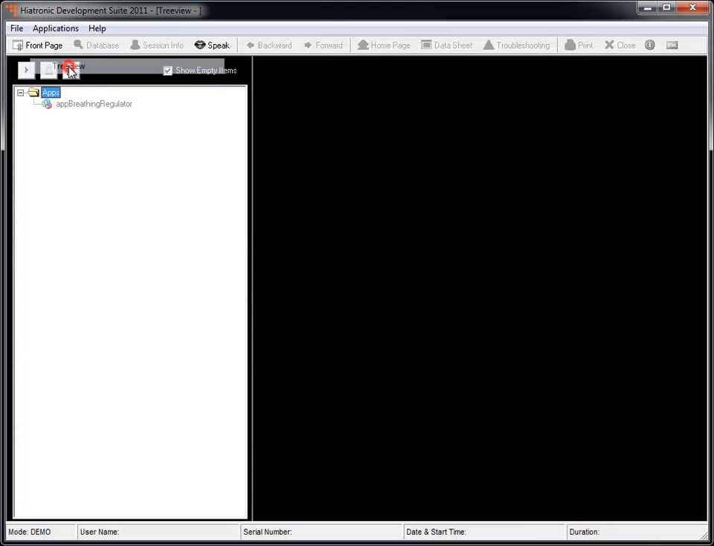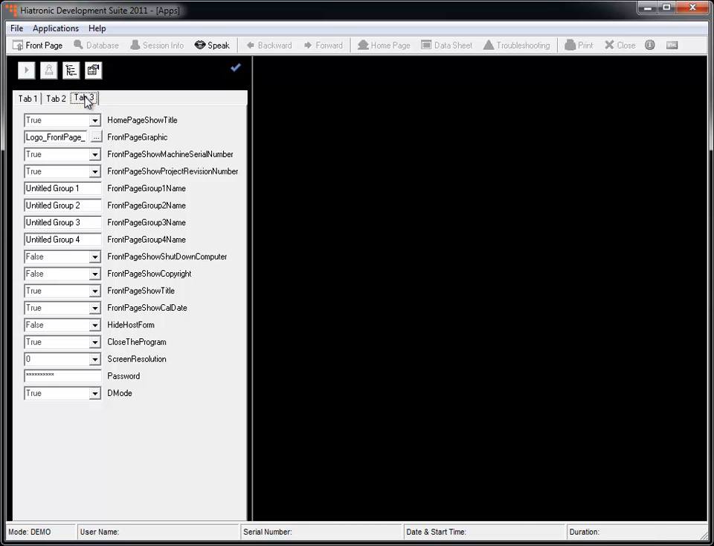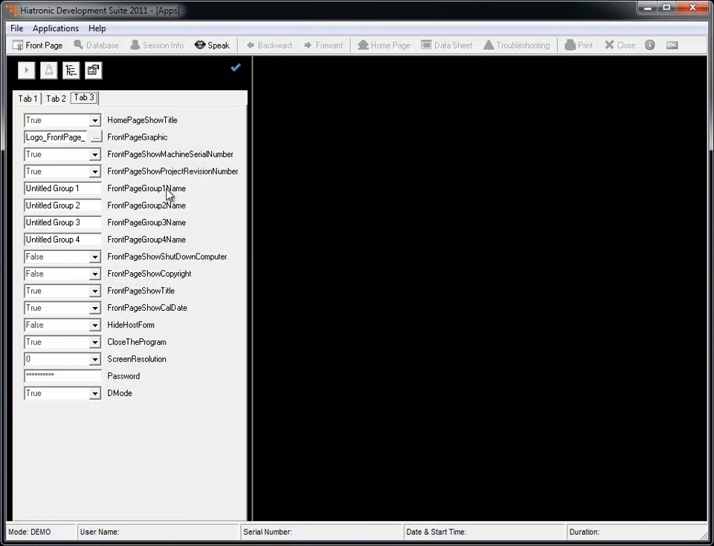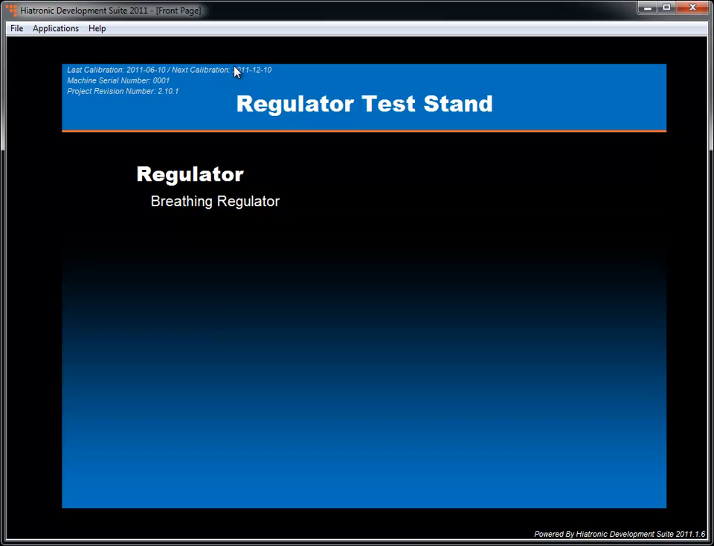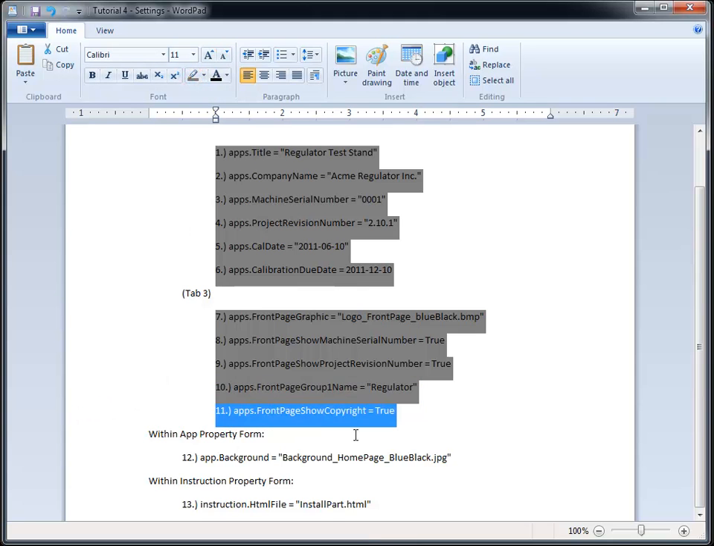So we're going to go into Tree View, tab 3, and front page group 1 name, and we're going to call that Regulator. Well, actually, we'll call it Regulators. Now let's call it Regulator. And as you can see, Regulator is shown as the group name here. We'll add a front page copyright